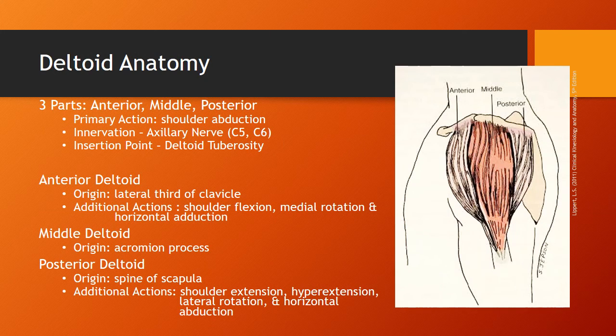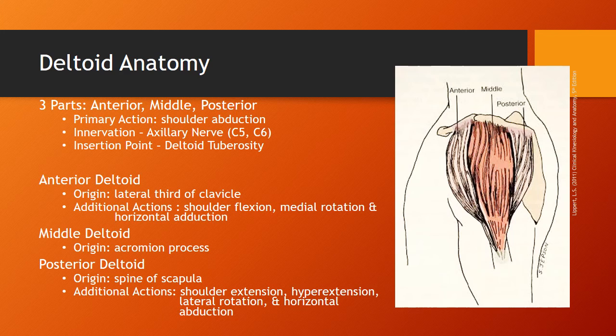The deltoid is a superficial muscle that covers the shoulder joint. It is separated into three parts: anterior, middle, and posterior. All three parts of this muscle are responsible for shoulder abduction, are innervated by the axillary nerve, and attached distally to the deltoid tuberosity. The origin or proximal attachment sites vary for each muscle, and the anterior and posterior deltoid